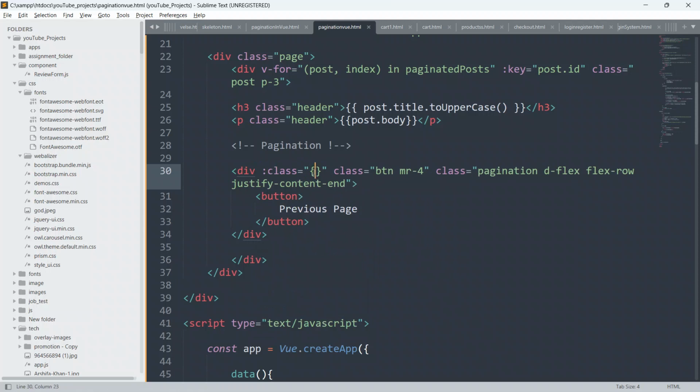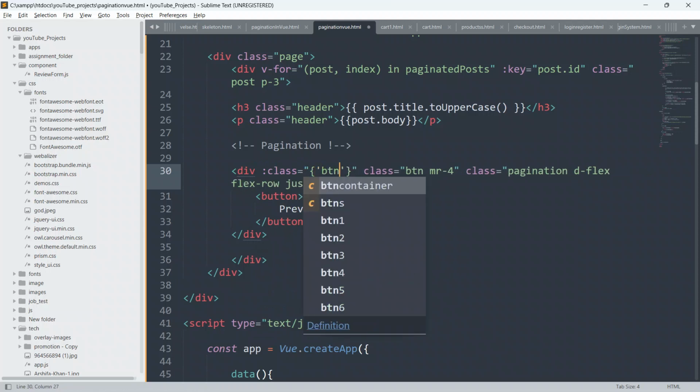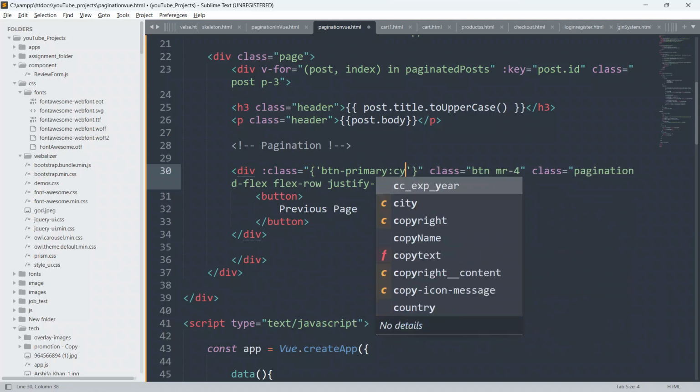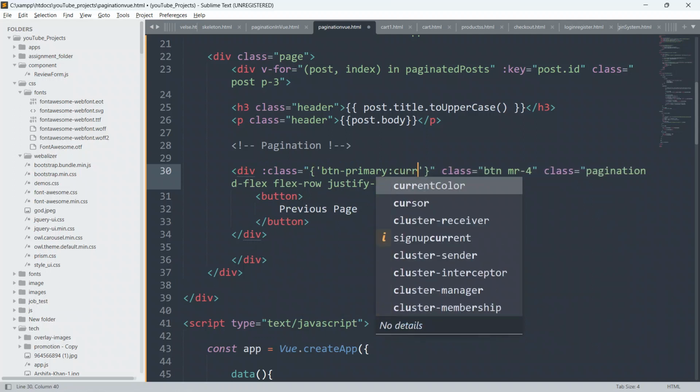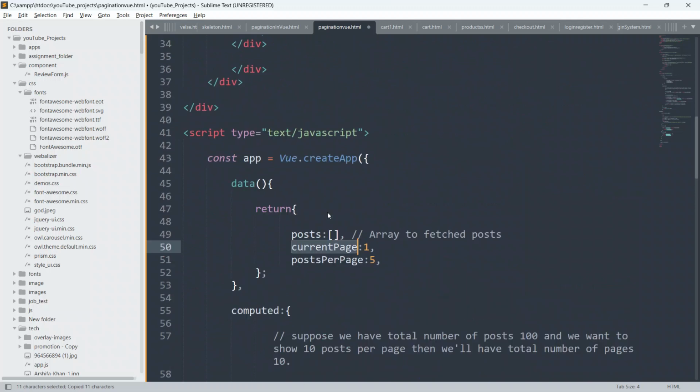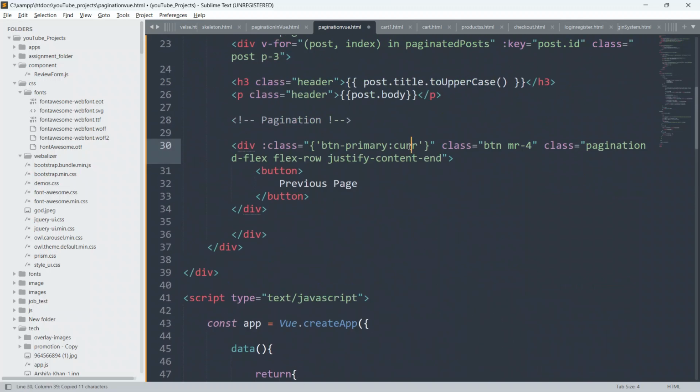Okay, so I'll say here btn primary, colon, if current page. So just copy this current page from here, and I'll say here if current page is equal to 1.